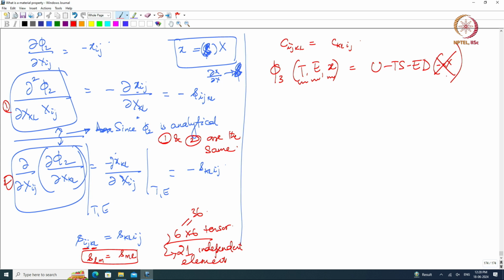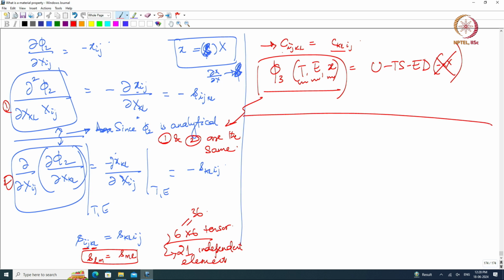So if that exists, then that is phi, the same as phi 2, and the dependence will go on to stress. Okay. So if I do the same mathematics, I would be able to show that Cijkl equals Cklij. Okay. So essentially,